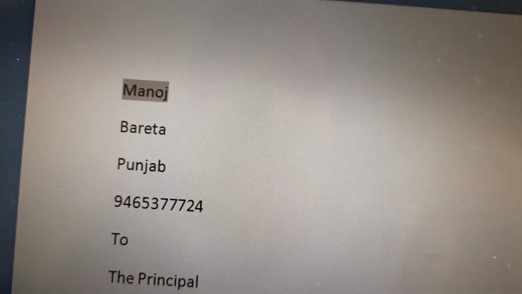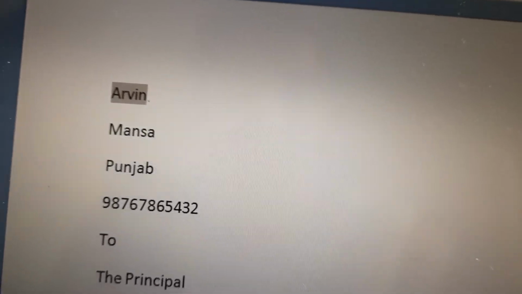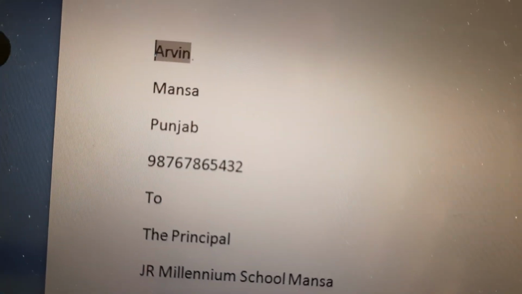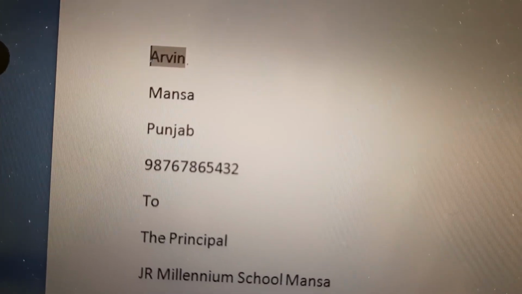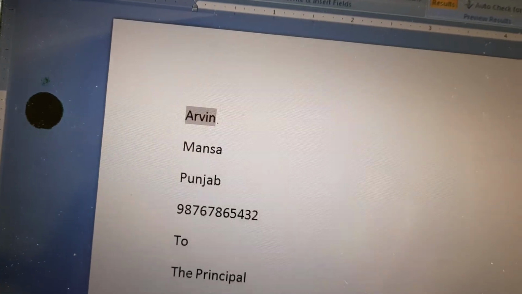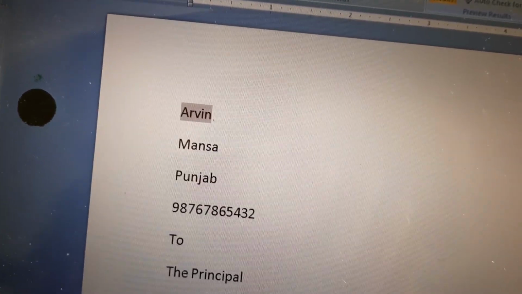Like my entry and this one's entry. Two entries are there. Like this way we can add our recipients in the main document, meaning we can merge our documents with the main document. After that we have to